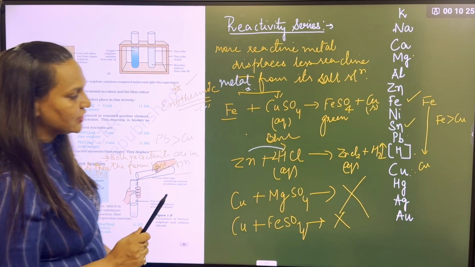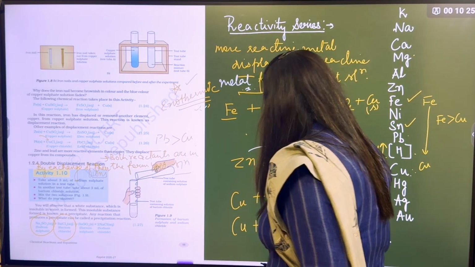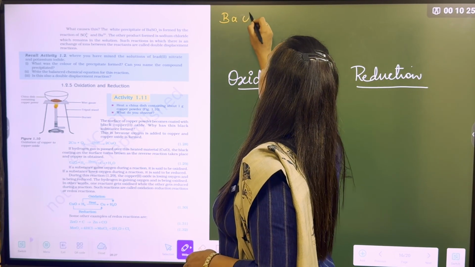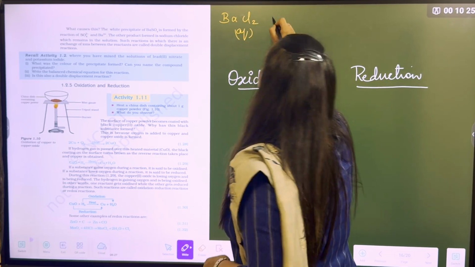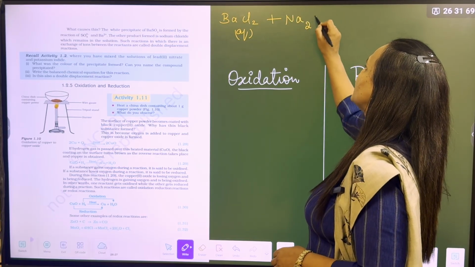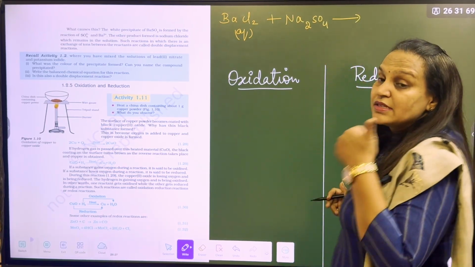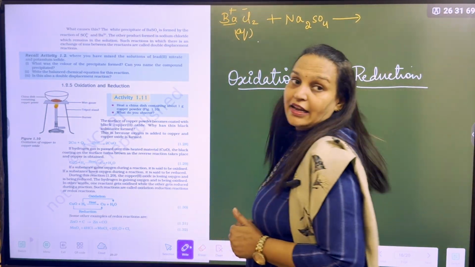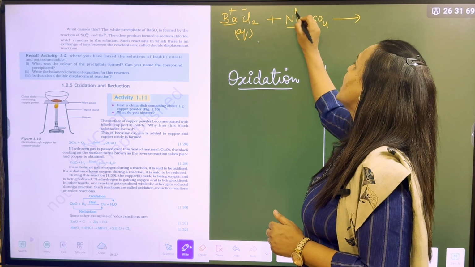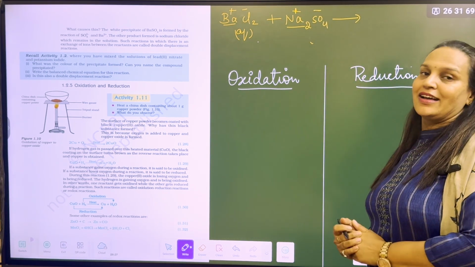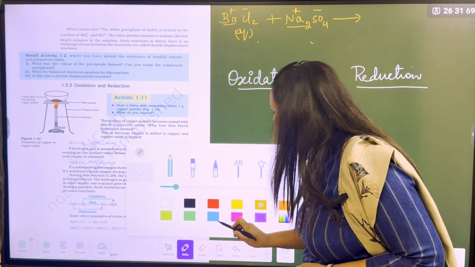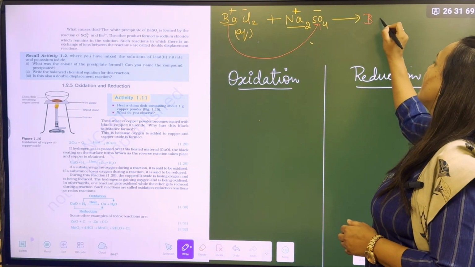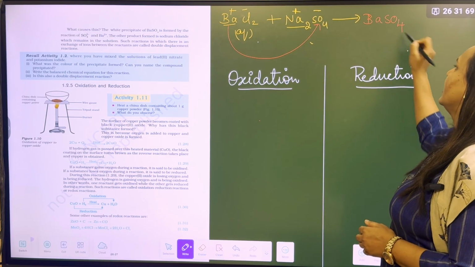How shall we do it? Let's do it on the next page. So if anybody can tell me how barium chloride aqueous solution, right guys, plus sodium sulfate, Na2SO4, combine? When I am saying exchanging their ions, see here barium is plus, chloride is negative, whereas sodium is plus, sulfate is negative. They exchange their ions. This barium will combine with this sulfate. So what will it become? Barium sulfate. Am I clear?